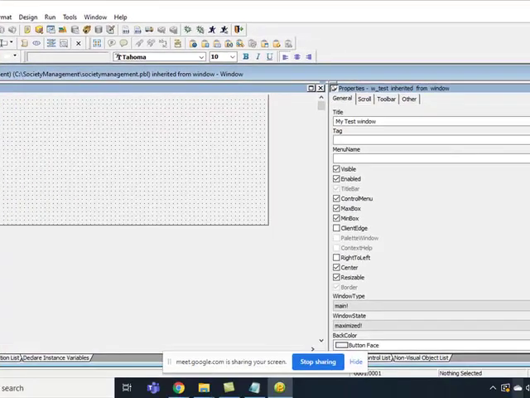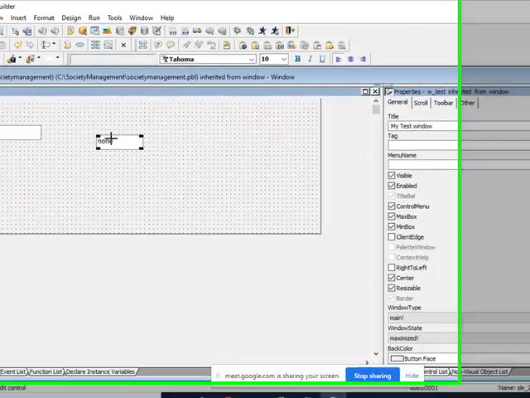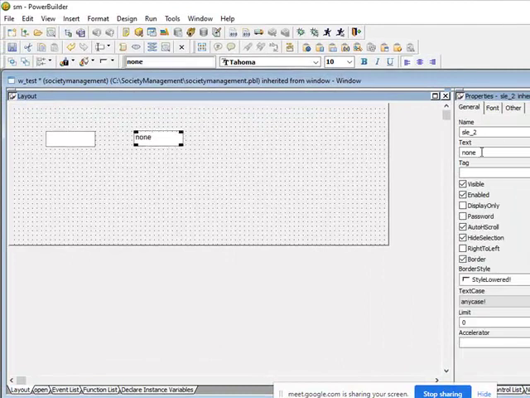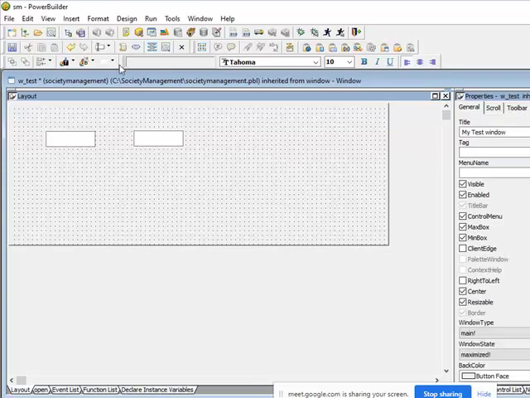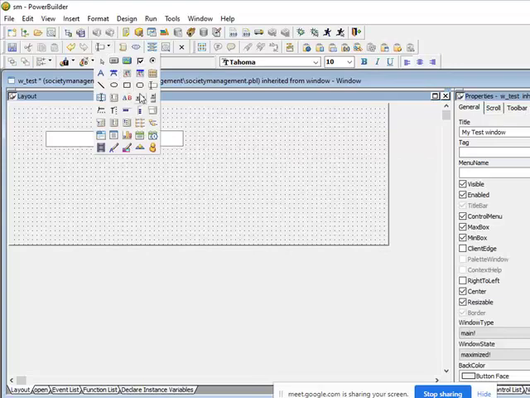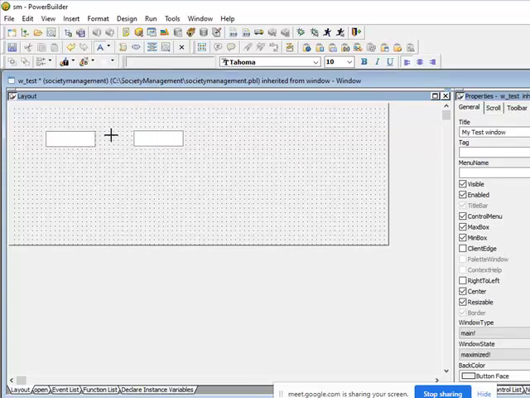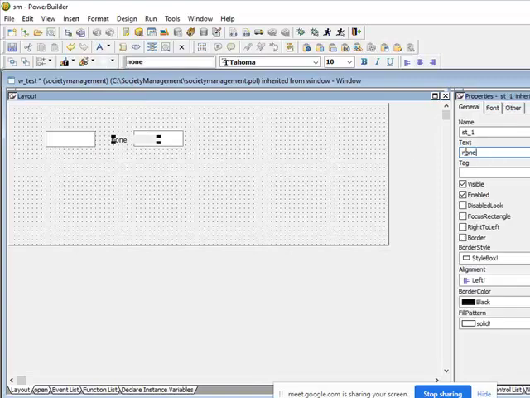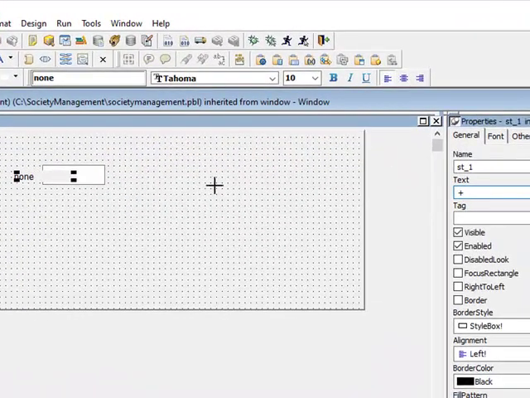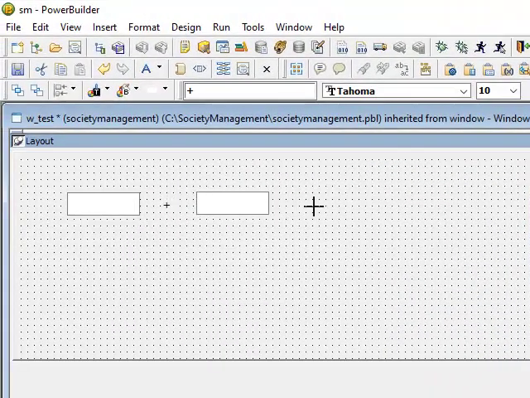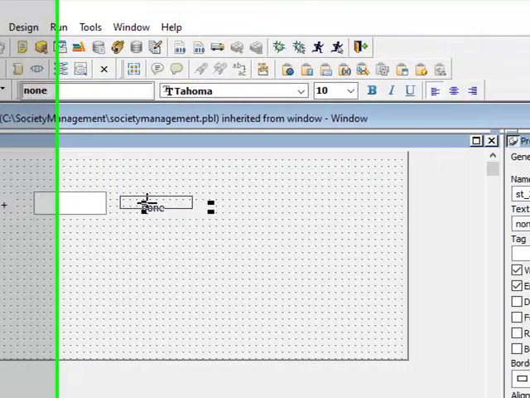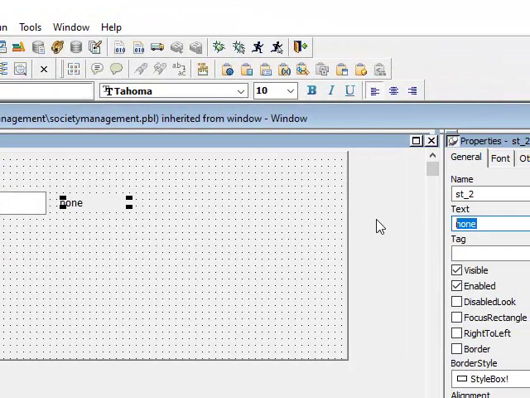I'll add one more single line, and let me blank the text, and then I'll keep this one, and let me put a plus sign, and then one more, equal to.